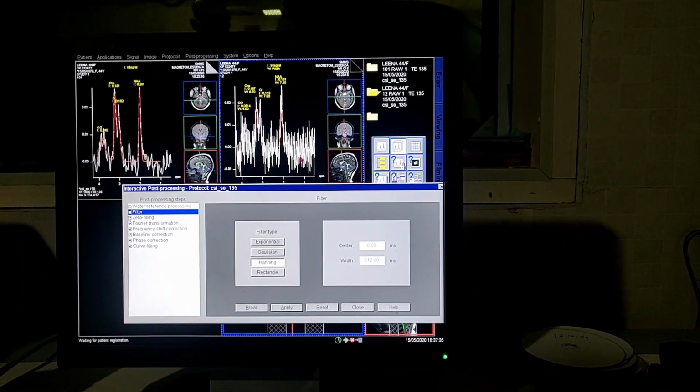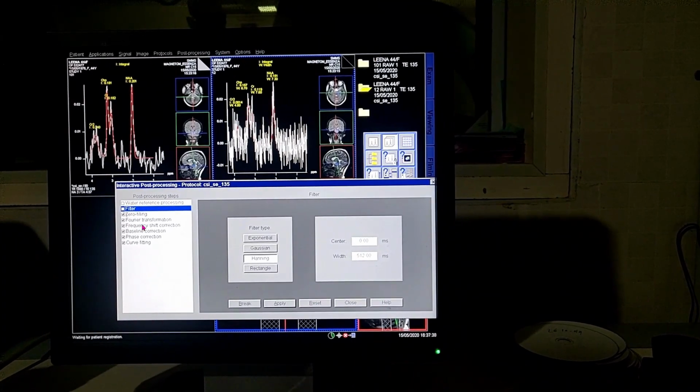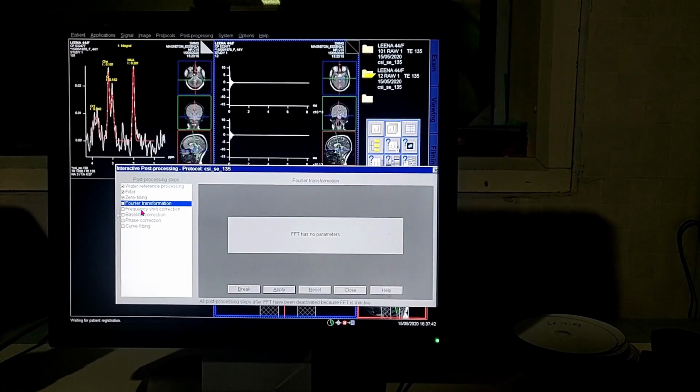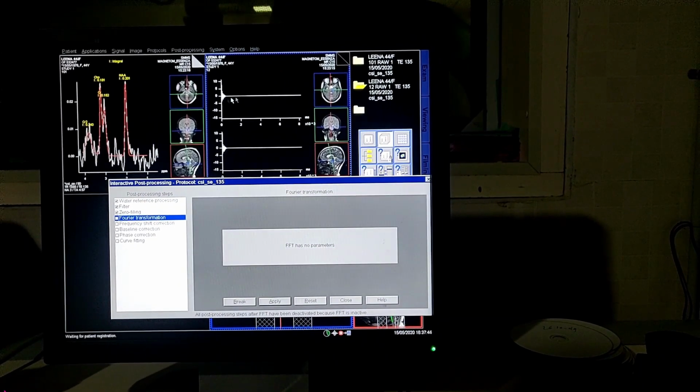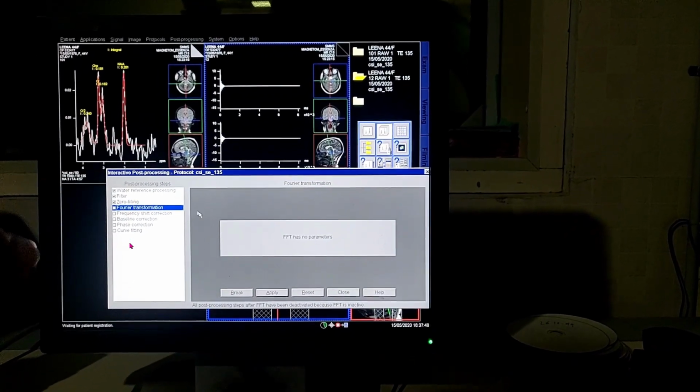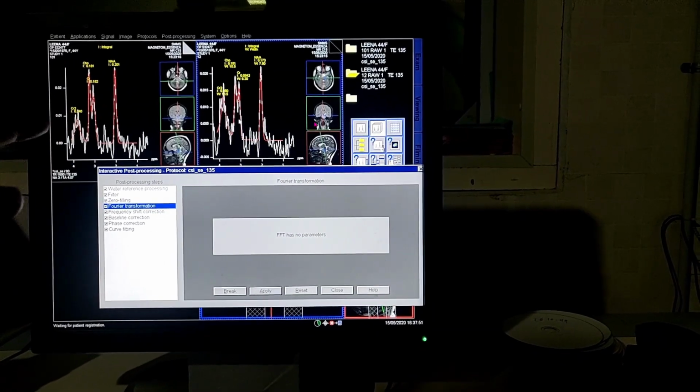So now we are about to remove this, we have selected other things, so now it has come back to normal. Once you remove the Fourier transformation, you can see this data which we have acquired from the machine on Fourier transformation had become like this. It's similar to when we use any other imaging protocol. When you deselect the Fourier transformation, the remaining coding process will not happen, the post processing will not happen. So that's how things are done. So this is an important step. So now you know what happens when you change those things.